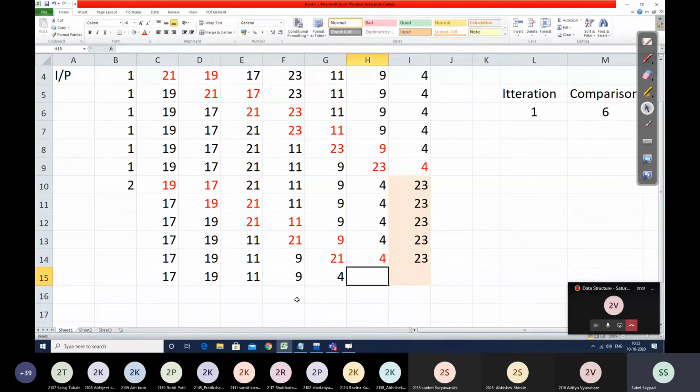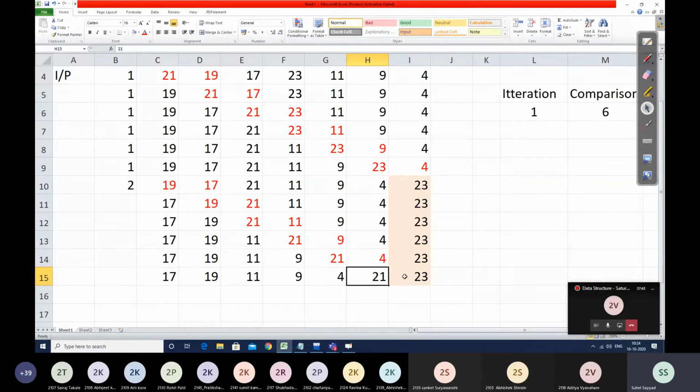My dear students, even if I continue and now compare 21 with 23, will my answer change? No, my answer is never going to change, because 23 has already reached its appropriate position in the first iteration. Even if you don't reduce your problem from the right hand side, and keep on comparing 21 with 23, your answer is not going to change. That's why it makes sense to reduce our problem from the right hand side, so that the solution will be more effective. Are you getting this? Comparing 21 with 23 doesn't make sense, because the answer is not going to change. So we'll not do that comparison.